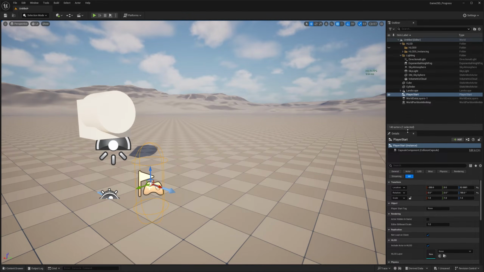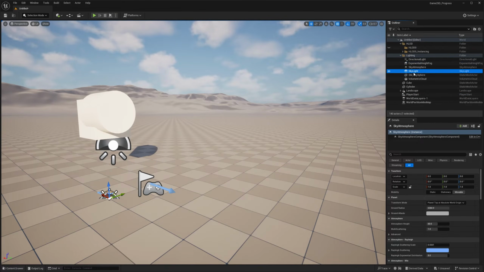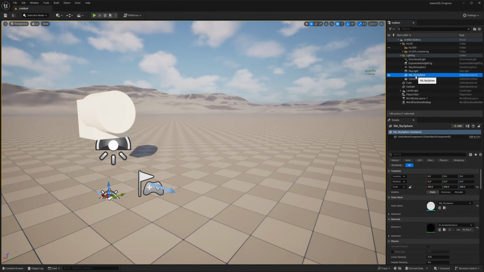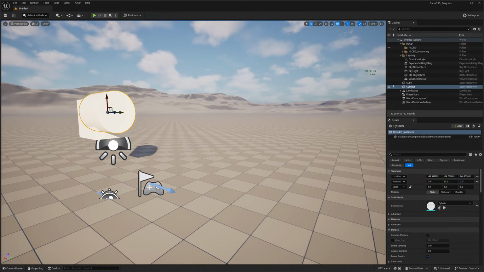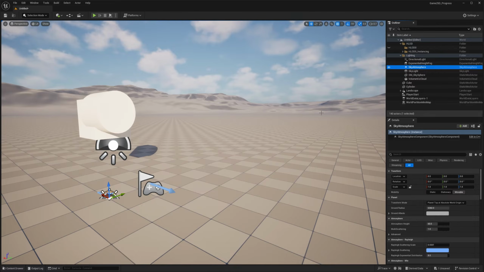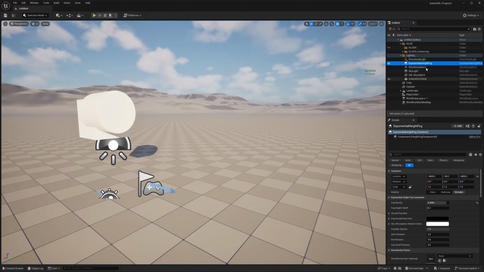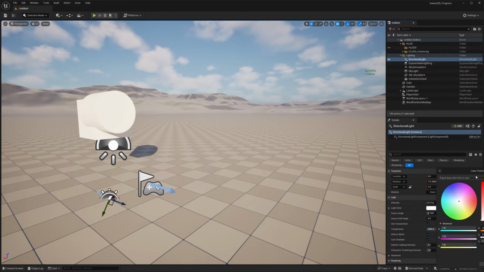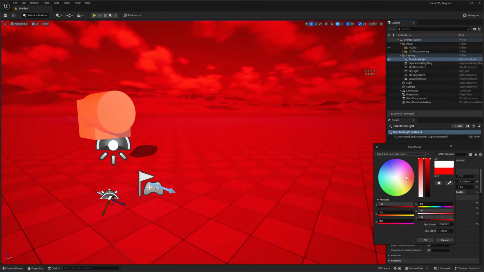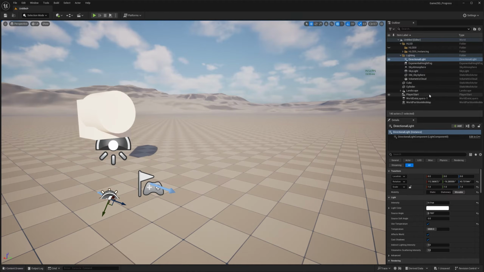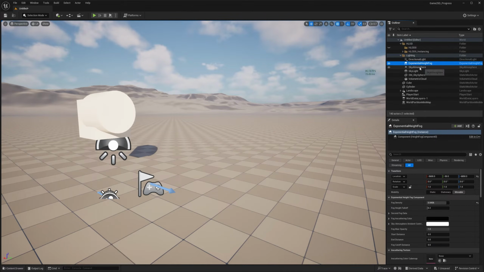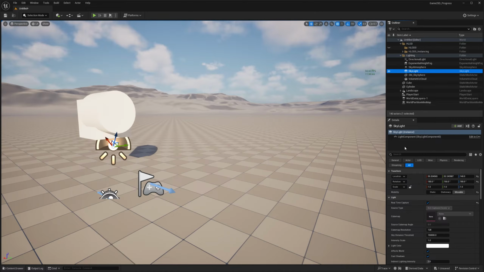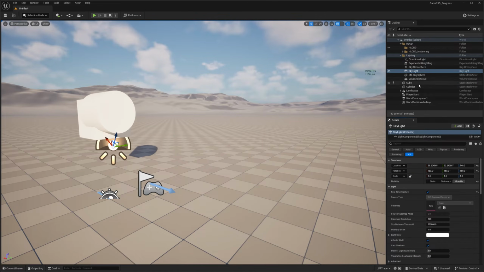What is cool about this is that each one of these assets has their own details tab too. The details change. You're going to see some stuff is going to be the same in several of these, like for example, the transform. Because this exists in the 3D world, it's going to have location, rotation, scale settings. But everything else changes depending on what exactly you're clicking on. So if I go to my directional light, I still have my transform, but right after I have my light setting. So I can just go here and make the sky red, for example. Okay? This is essentially where you access the information that you're going to be manipulating. So every single one of these is going to be changing the details tab. And like I said, the details is essentially, well, the details of the asset that you're selecting.